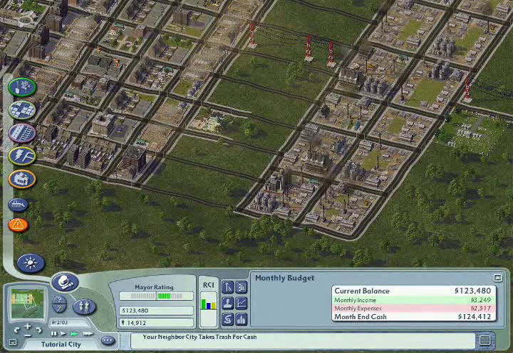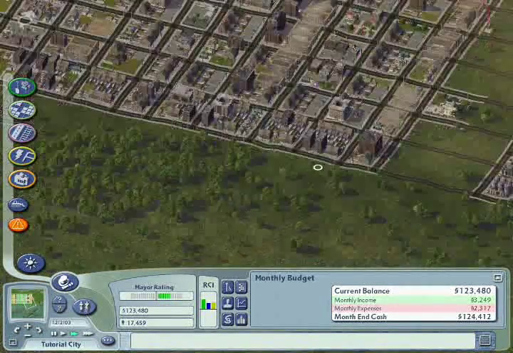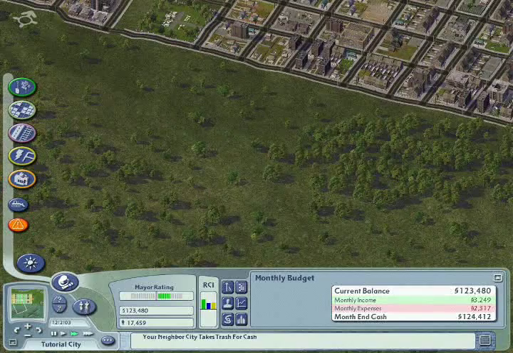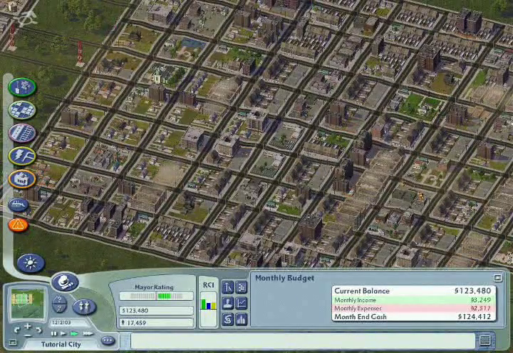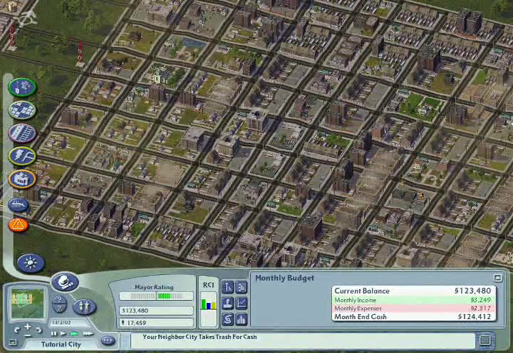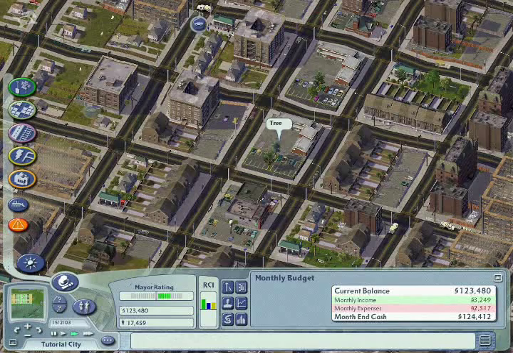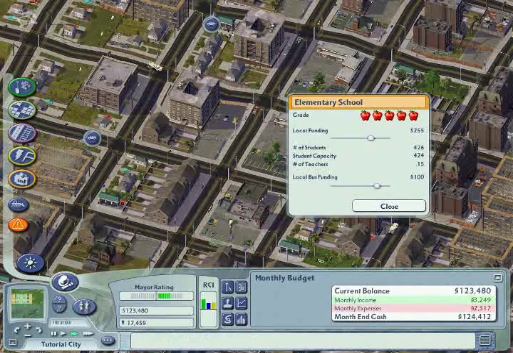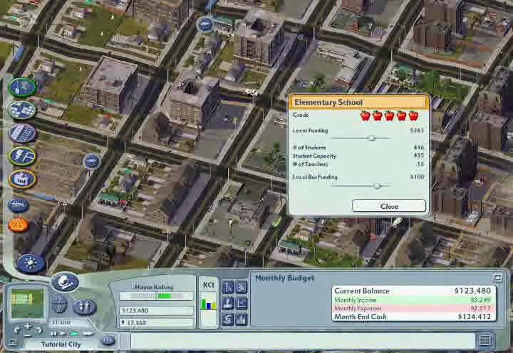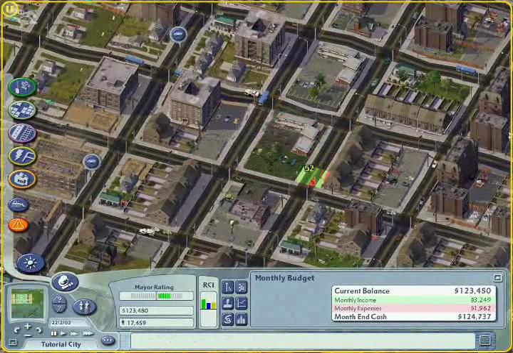The city is growing, and I really wonder why there are so many redevelopments in the city. I think our school is working fairly well here. Whenever the education levels of the city increase, the land value of the region will increase. You can check out the capacity of the school. It's almost reaching its maximum capacity, so I shall now stop the gameplay and build a new school,